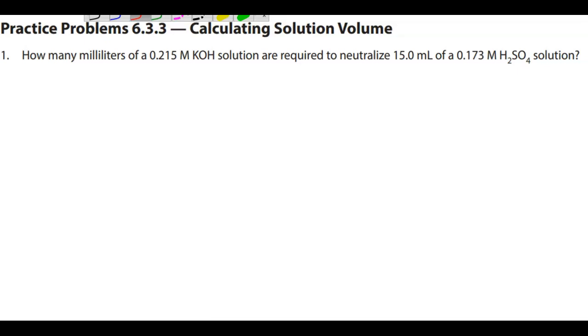Okay, so we now have the situation. Remember, we're looking at each of those scenarios. This is where we would be calculating the solution volume. To be honest, it's not all that different from what we've been doing. The only difference is now we're finding the volume instead of the concentration. So let's take a look. We're looking for the volume of a KOH solution reacting with